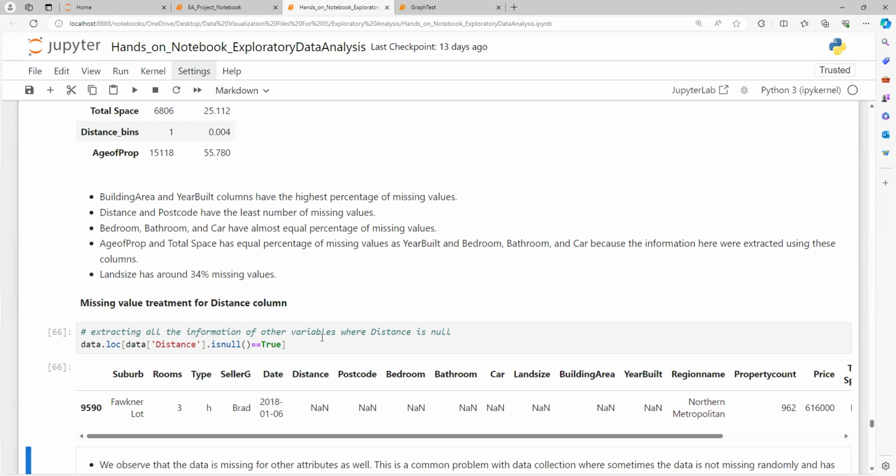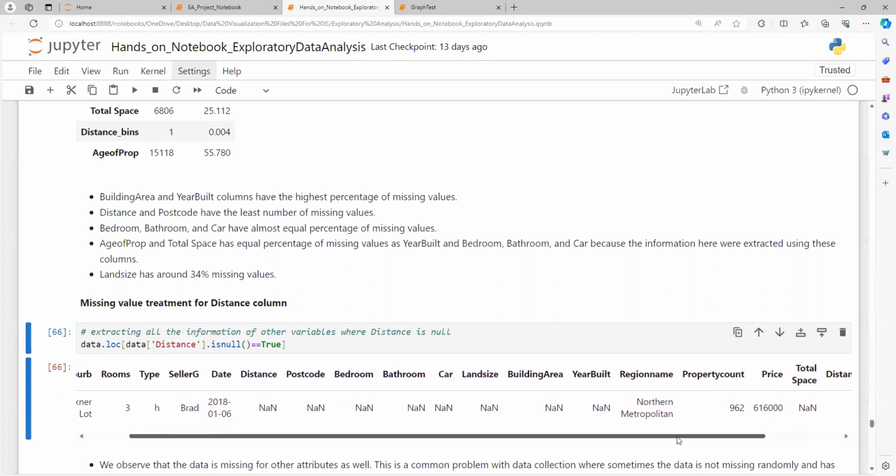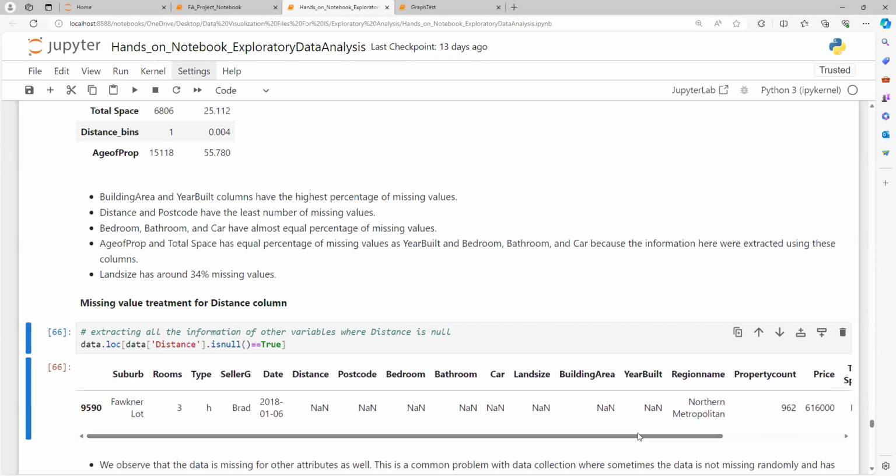This is a critical idea: I want to understand what's going on with a singular row, because that potentially could have more impact. Now, that one row, we'll notice it's in Faulkner lot, has 3 bedrooms, it's a house, sold by Brad, sold in 2018. Distance missing, postal code missing, bedrooms missing, bathrooms missing, cars missing, land size missing. Whoa, there's a whole lot missing here. So now we're missing a ton of information. This one row is missing a lot of stuff. If it was just missing the distance, but had the bathrooms, the car size, the postal code, all those other things,